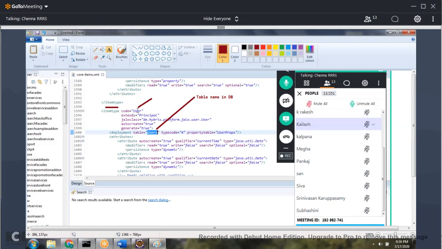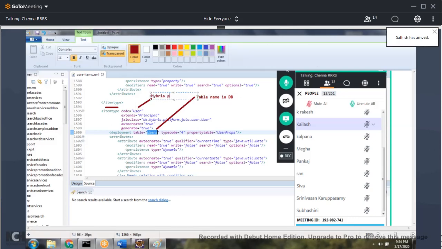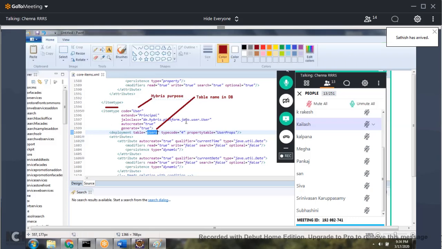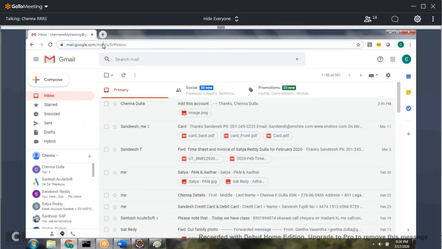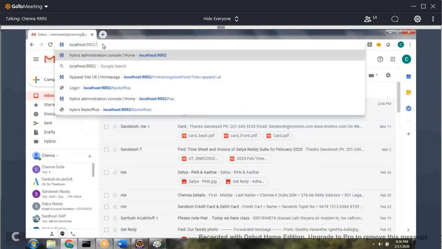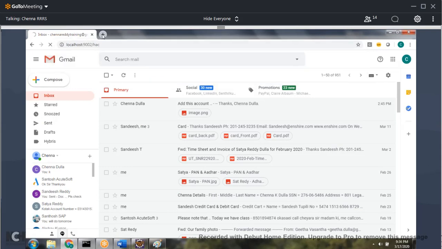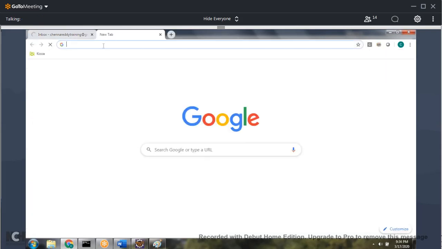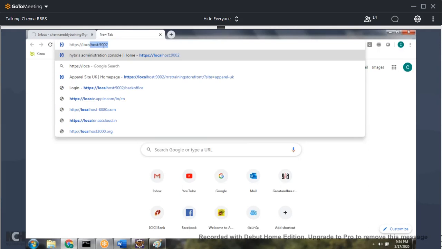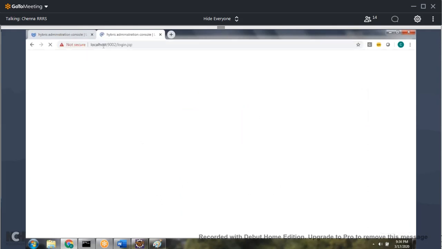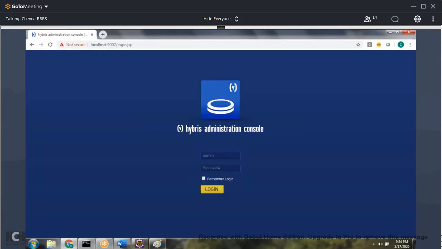And this is used for Hybris purpose. What does that mean? Let's say you want to read the user records. Please see this. Let me go to https://localhost:9002/hac. Admin and the password.